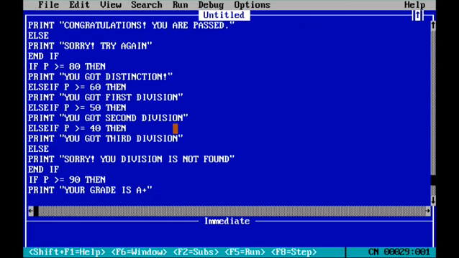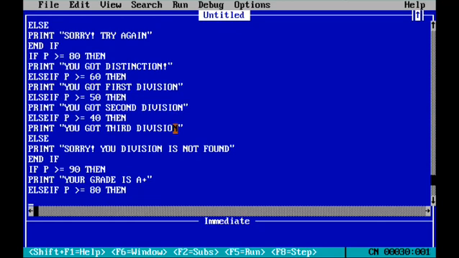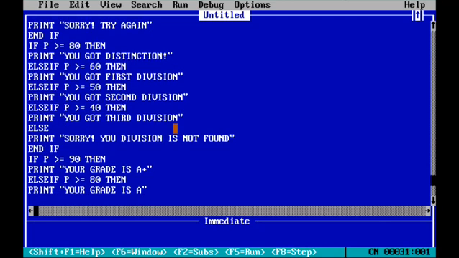Now next, again you can write else if P greater than equal to 80, then print your grade is A, this way.